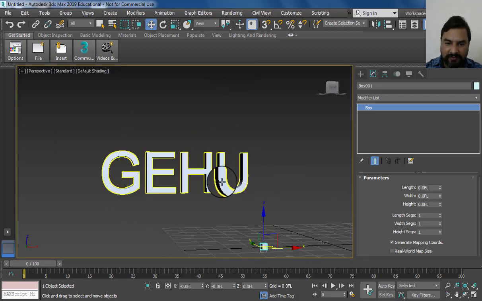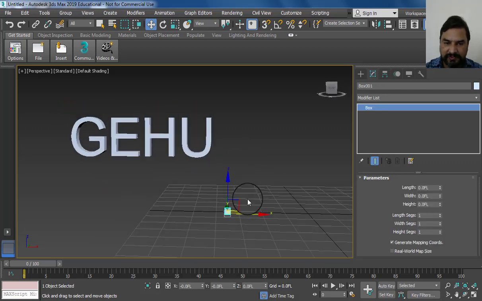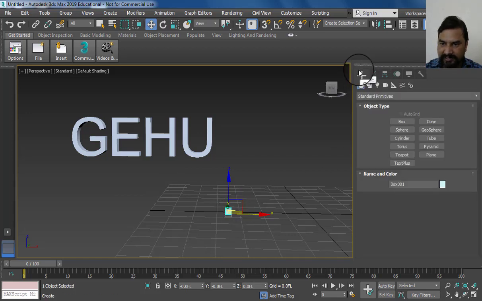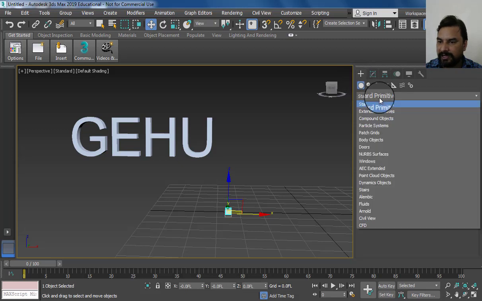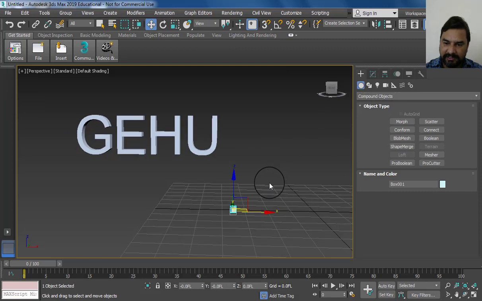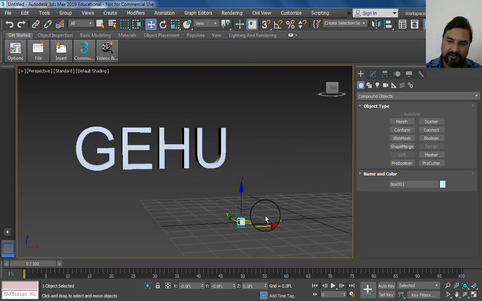When we select the cube, go to the Create option again, Geometry, and click on the Standard Parameters option, where we have Compound Objects. Select Compound Objects, and here is the Scatter option.